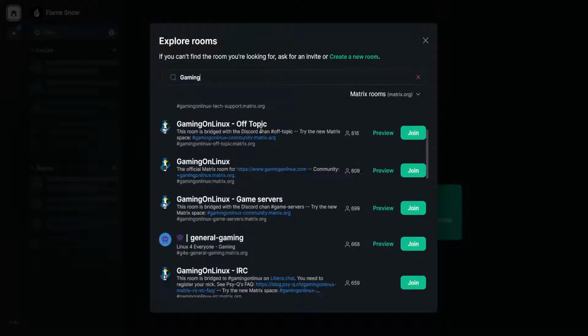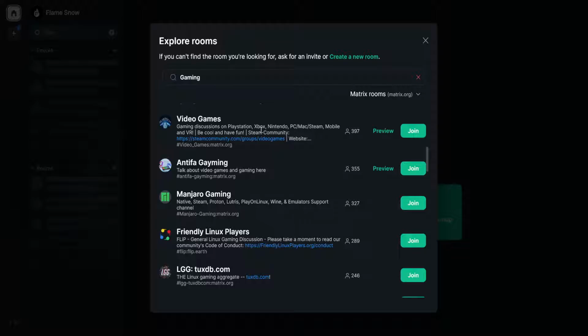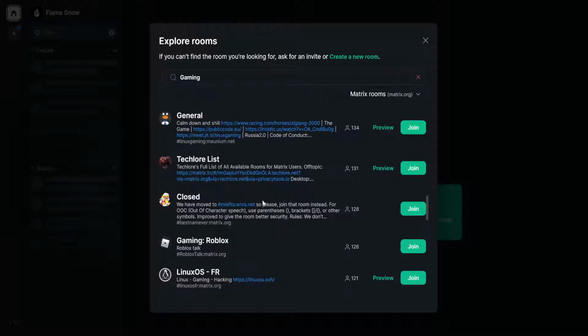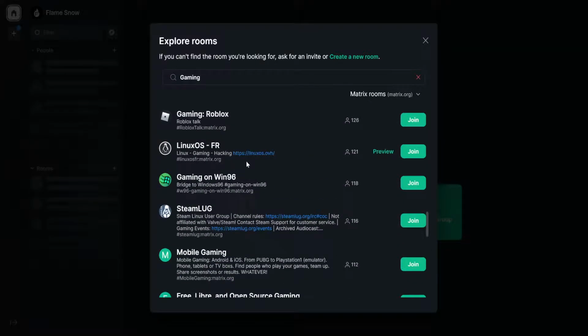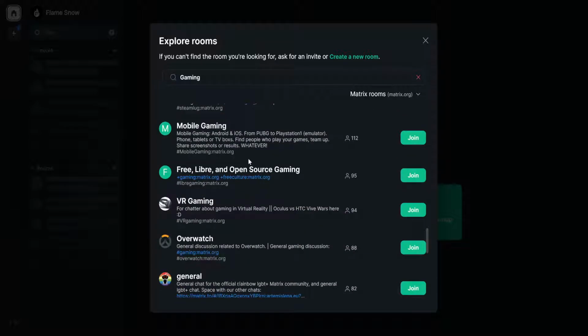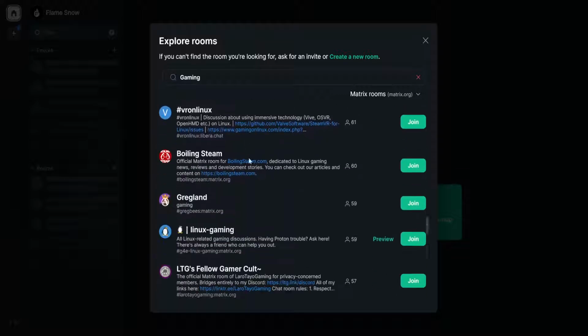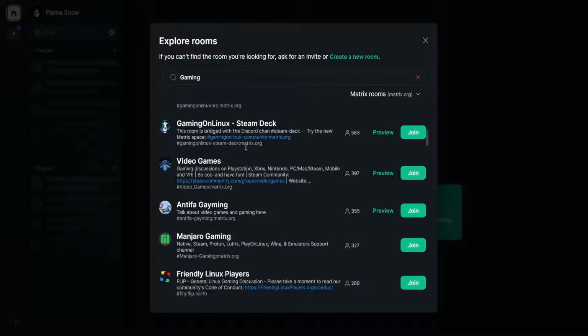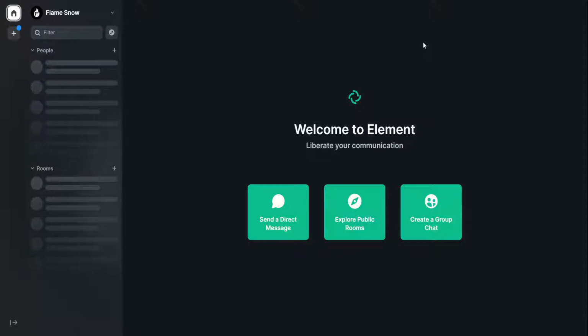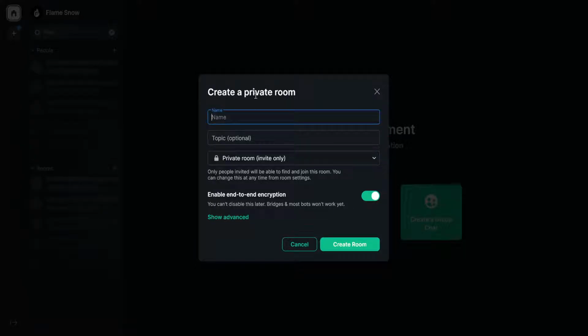I do see quite a few new icons. I don't necessarily know if there's any new gaming communities. It looks like there are a few new ones that I haven't seen before. So perhaps Matrix is now growing in size since the time I have used it. So the explore rooms function still works. I don't know if there's a way to explore their brand new spaces, which is something that we'll be taking a look at. And that's for creating group chat, which if you click that, it will let you create a